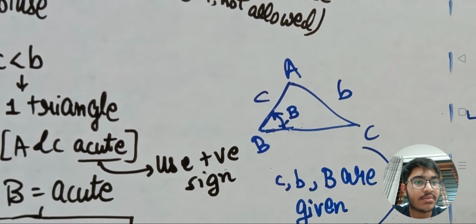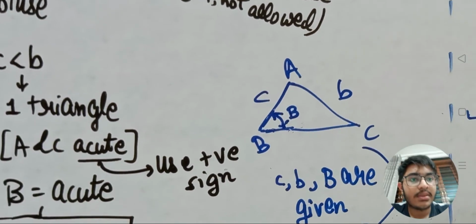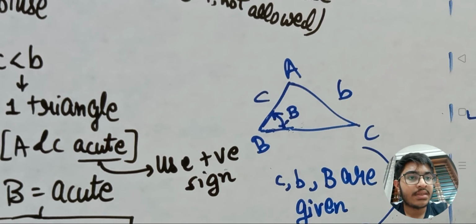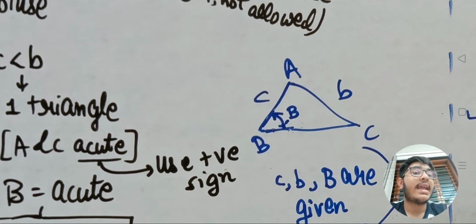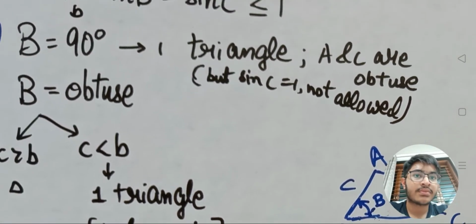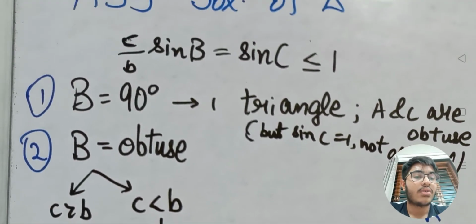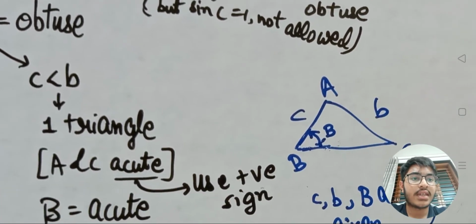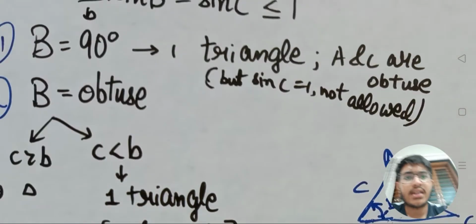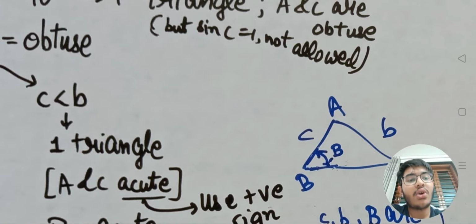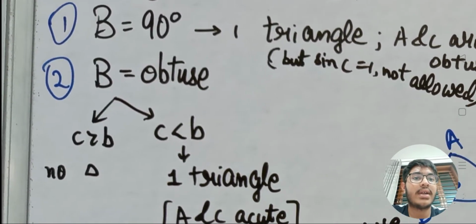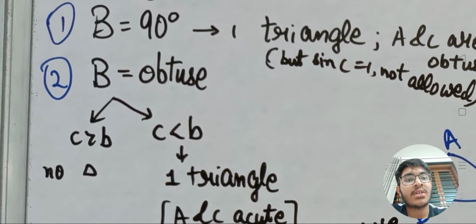Let me make you familiar with the assumptions I made. We have taken a triangle ABC where side c, side b and angle B is given. Now these three things are given. We note that we have one angle here, and we will be seeing all the different cases here based on this angle. So that's what we are focusing on to divide into cases.